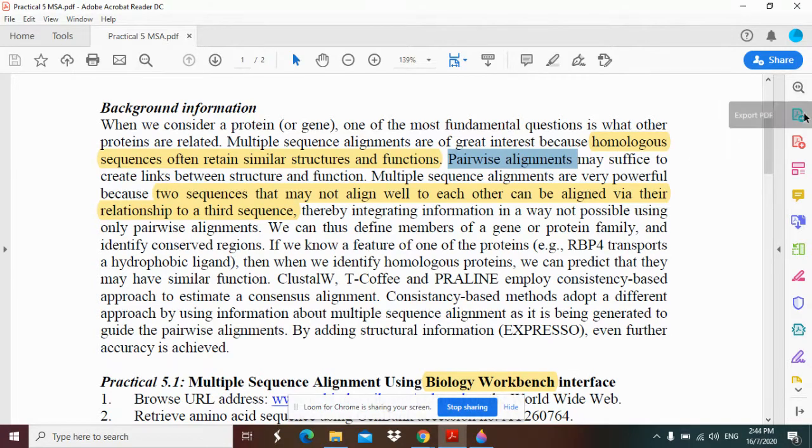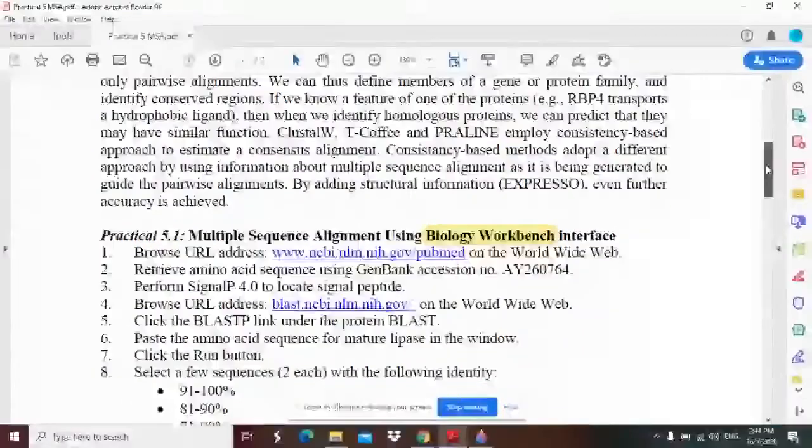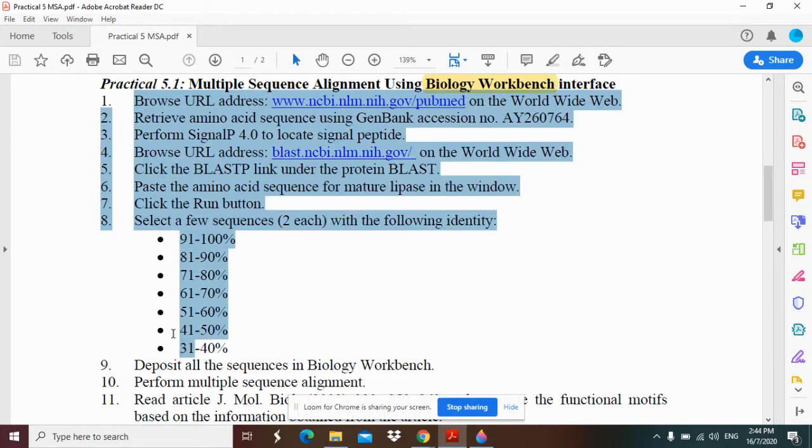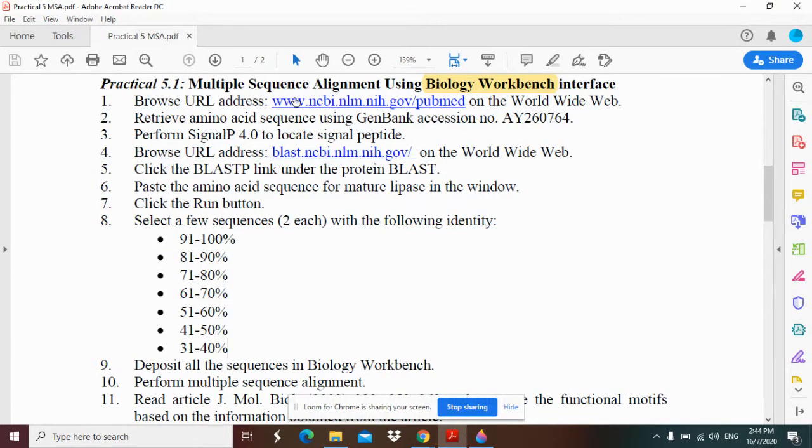Okay, so let's start with practical 5.1, which is multiple sequence alignment using the Biology Workbench interface. This is what I meant by not having the server anymore. If you search the Biology Workbench on Google, you will see that it's no longer available. So for this practical, we'll only be doing steps 1 until 8. The point of practical 5.1 is that you want to find out what kind of gene it is for this given accession number. Okay, so when you find out the gene,